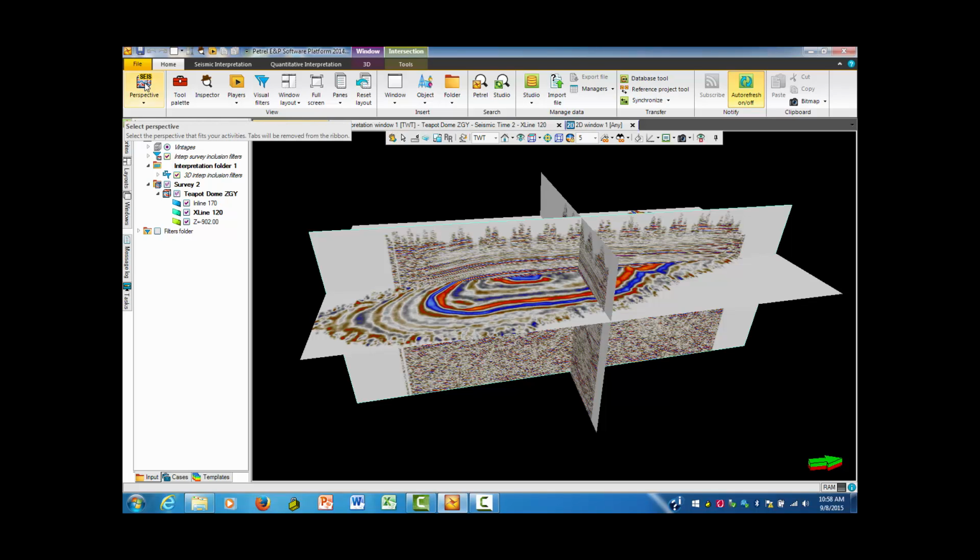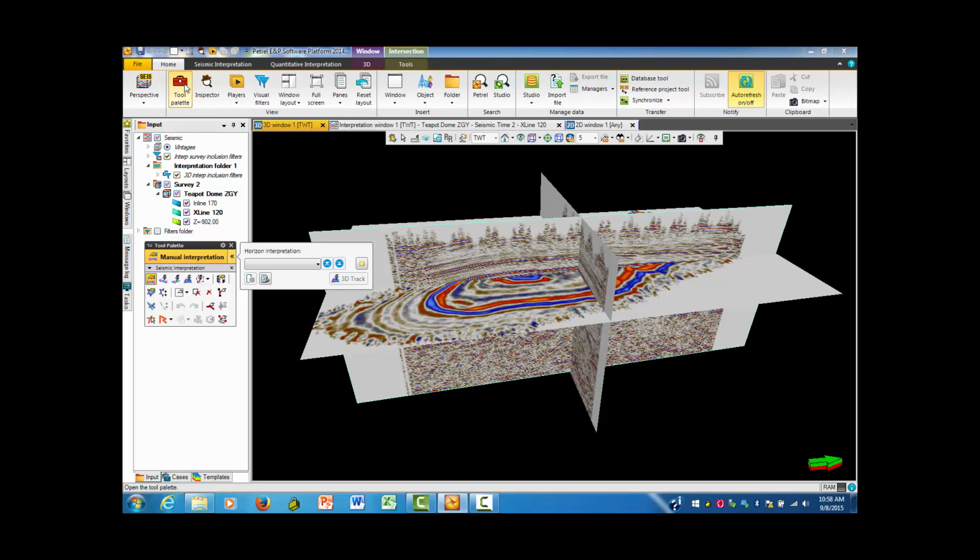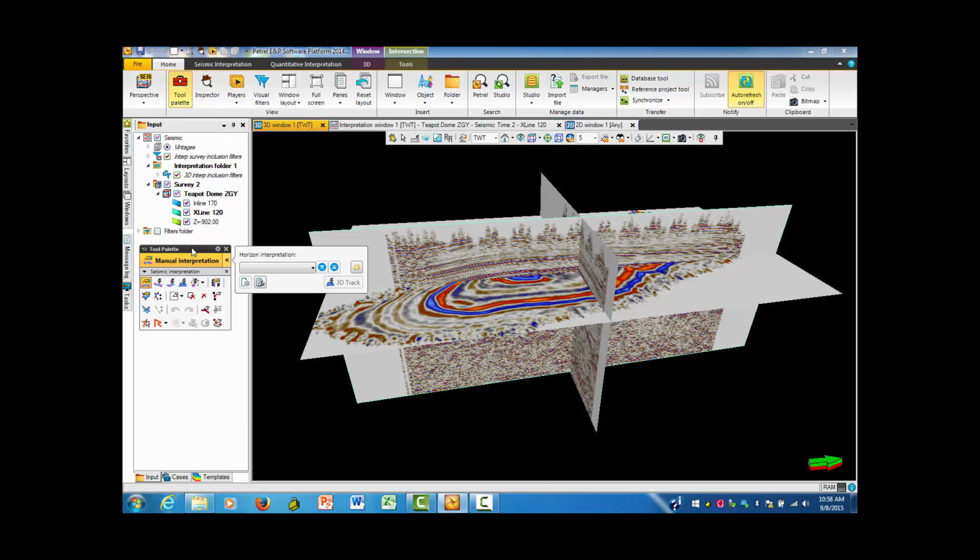I'm going to go from perspective here. I'm going to go down to advanced geophysics. This will have most of the buttons that we'll use for this activity. I'm going to click on that. I'm going to make available the tool palette here, and I'm going to put it down in this location. This particular selection is for manual interpretation. I will do that just soon. And secondly, a guided auto tracking feature. So we'll be looking at those two as ways to determine